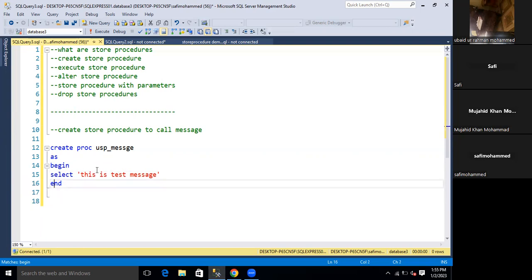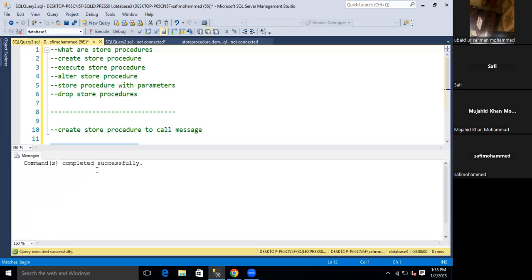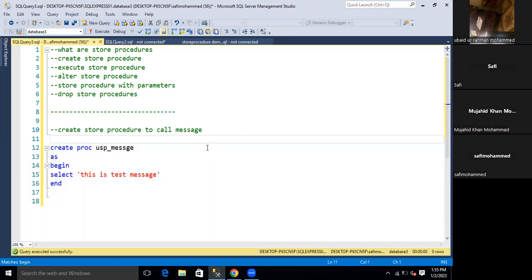We'll create like this. This is the syntax. Successfully created. We can call it by